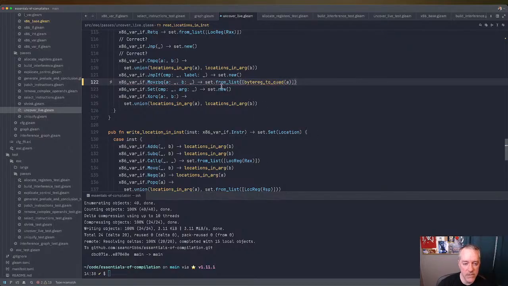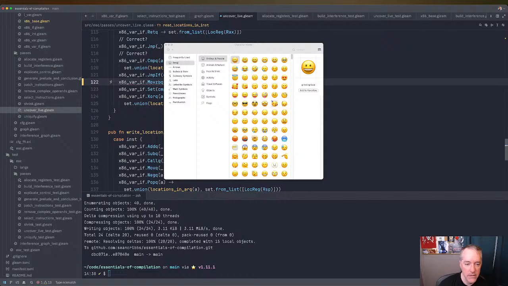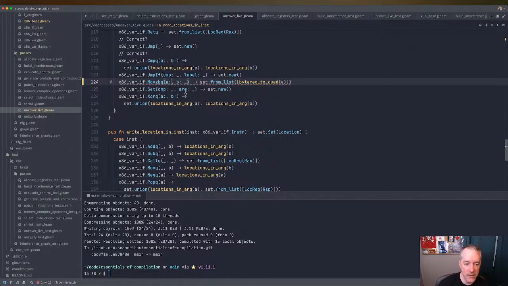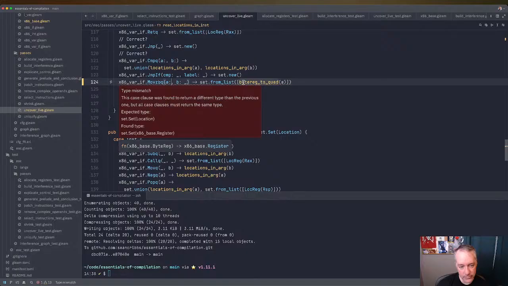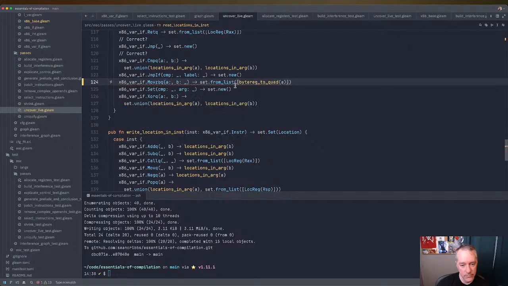I'm a little bit concerned that this is wrong, but I want to go with my intuition here. This needs to be location register. I want to make sure that we don't introduce something that could create a problem